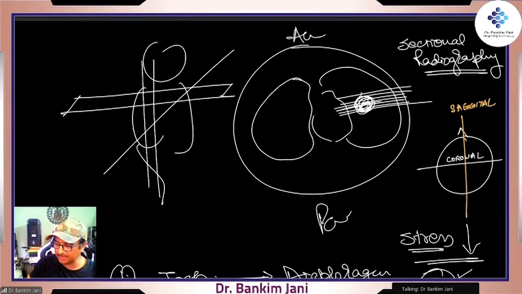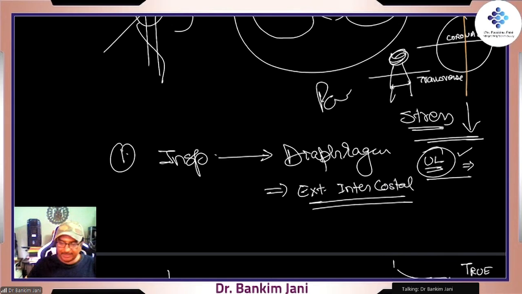And here is the entire body: this is the head, that's the trunk. This is called the transverse plane. So basically it is the x-axis, y-axis, and z-axis, and all those planes are possible. An oblique plane is at times reconstructed if needed, but usually an oblique plane is not taken in a CT scan. Inspiration is with the help of the diaphragm, and the external intercostal muscles also take part in it.